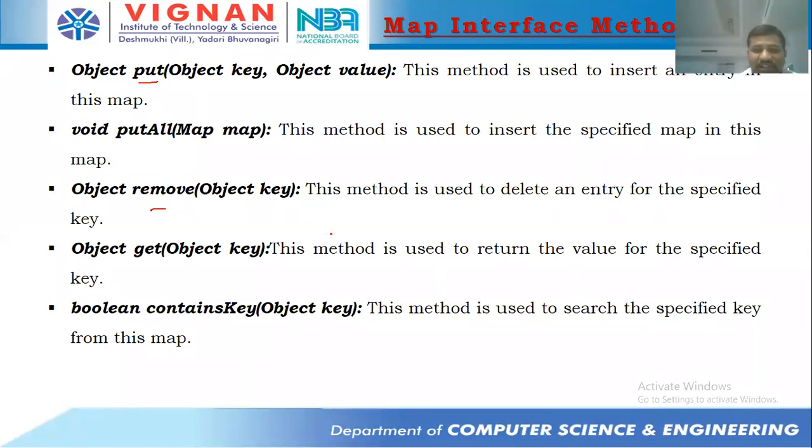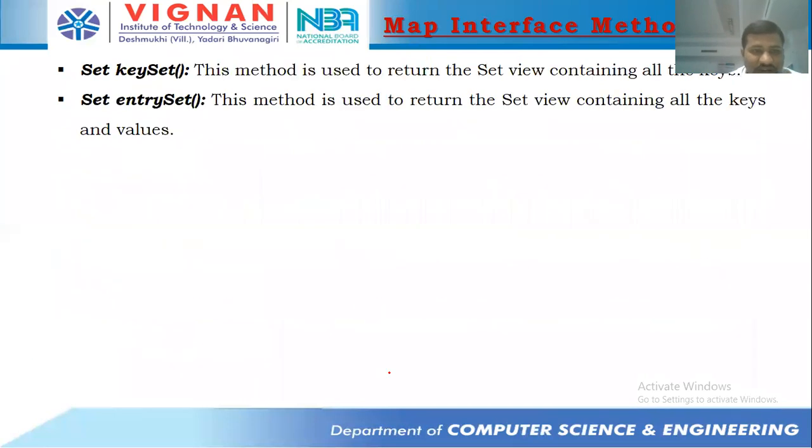So the remove method is used to remove an entry from the map object, and get is used to get the value based on the key, and containsKey checks whether a particular key exists in that particular map object or not. It is the same thing, the only difference is that they came up with a function called put in the place of add. That's it. Apart from that, everything is the same.